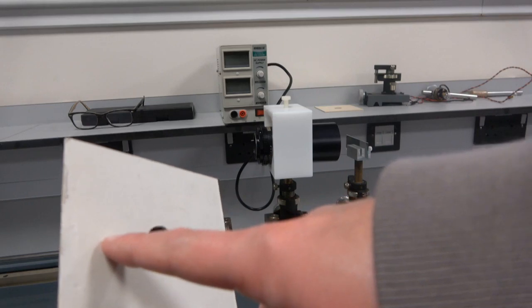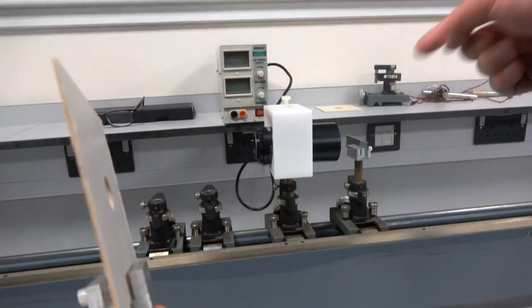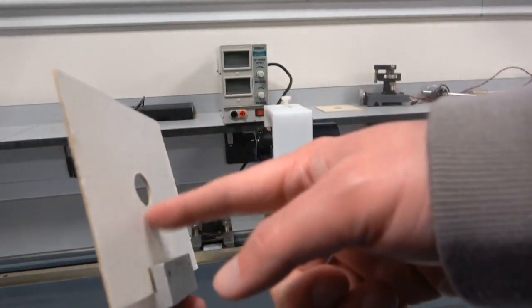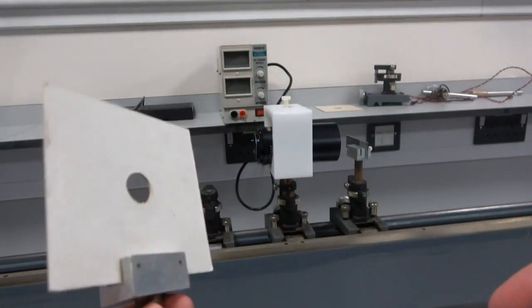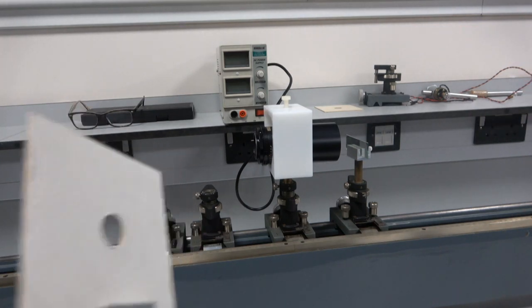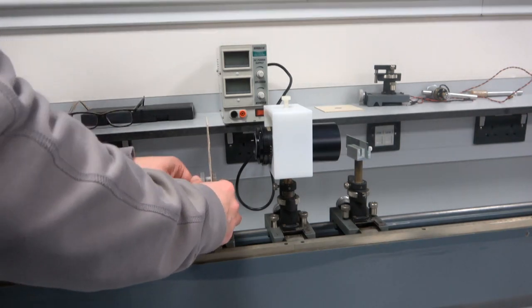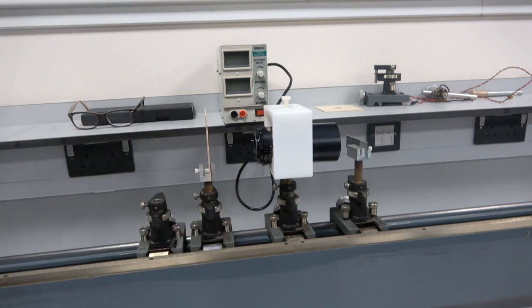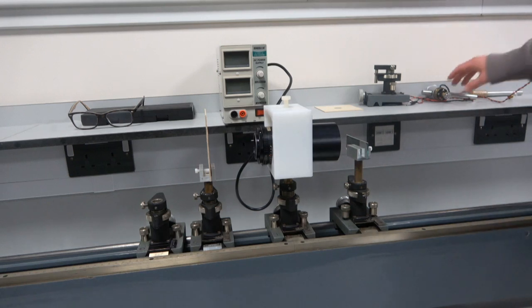But also I'm going to project, so the light's going to shine through the lens, reflect off the mirror, come back, and we'll see the reflection somewhere on this screen, and we're going to judge the point that it's focused, and that's going to help us find the focal point. So that's roughly the right height. Again, until I've put everything in place, it's not much point in finally adjusting anything. So we'll leave that for now, and then